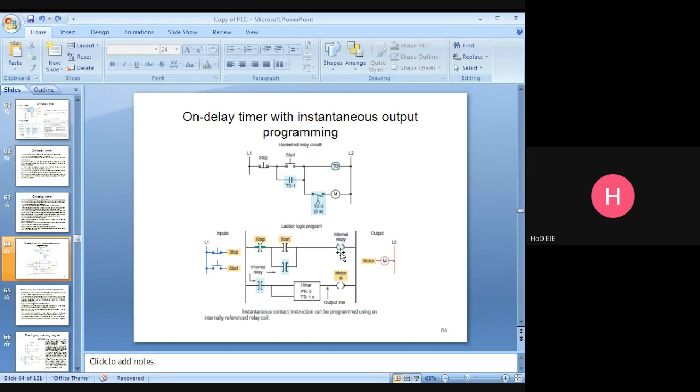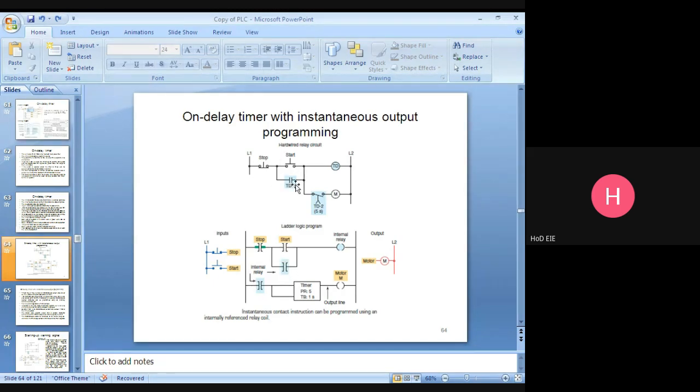This one is the internal relay. This one is the seal in contact. This one is for the seal in contact as well as for energizing the motor, so I am splitting this one.